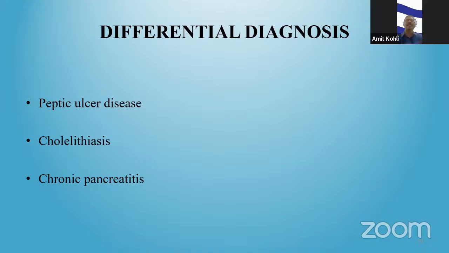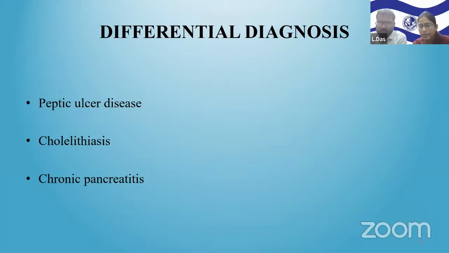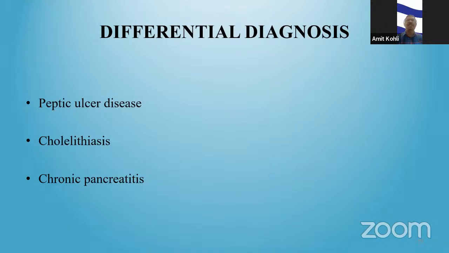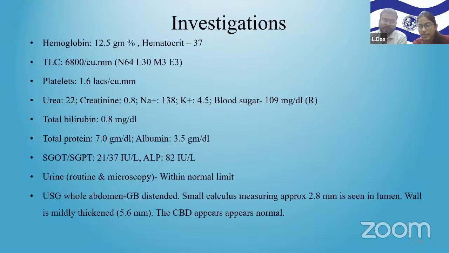So your patient, Megha, is a case of symptomatic cholelithiasis, right? Most likely your patient will be posted for cholecystectomy. So if your patient is planned for cholecystectomy, Megha, what all investigations would you like to do for the patient beforehand? Sir, I would like to go for a complete blood count. I will ask for a liver function test, kidney function test, urine analysis, and 12-lead ECG and a chest X-ray for my patient.